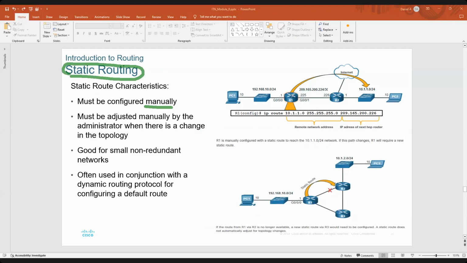ለምሳሌ አር1 እዚህ ሪሞት ኔትወርክ ለመድረስ ከፈለገ በአርቱ ሳይድ ያለ አር1 ላይ ሆኜ ኮማንዱ ምንድን ነው የሚሆነው? አይፒ ራውት ብዬ የሪሞት ኔትወርክ አድሬሱን ይኸው፣ የሪሞት ኔትወርክ ሰብኔት ማስክ ይኸው። ቀጥሎም ብለናል ሁለት አማራጭ አለን እዚህ ጋር። ኔክስት ሆፑ እዚህ ጋር ያለው 209.165.200.226 ማለት የአርቱ እዚህ ጋር ያለው የጂ0/0/1 ኢንተርፌስ አይፒ አድሬስ። በዚህ ፋንታ አልፈልግም ካልኩኝ ማን ማድረግ እችላለሁ? ጂ00 ብዬ መጻፍ እችላለሁ። instead of this IP address I can put G00 ብዬ መጻፍ እችላለሁ።